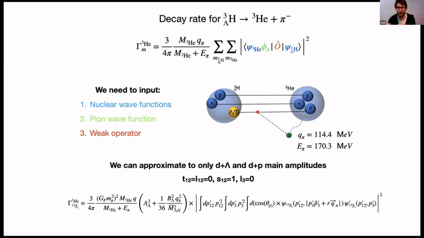amplitude. So if we select this amplitude, we can have just this very simplified formula with some kind of form factor and this nice relation between the A and B terms, so parity violating and parity conserving couplings, related by this 1/36. As we will see, this is not a super bad approximation because that amplitude is already 96% of the wave function. But in terms of decay rate, this approximate formula will be just about 90%.